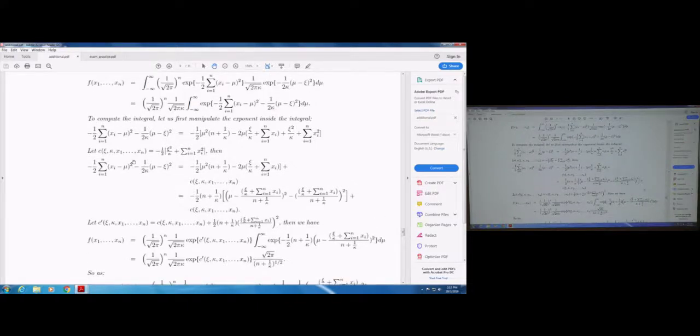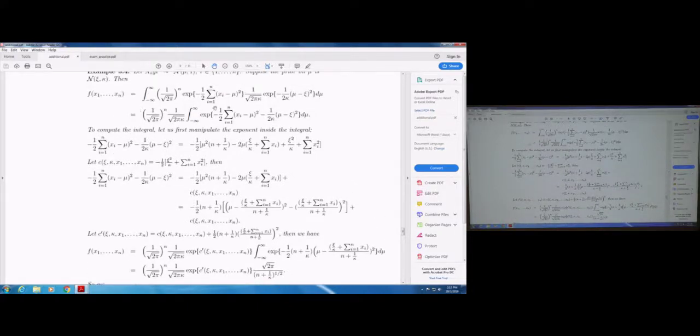That's what we're trying to do. So basically we look at what's in the exponent, which is this. Okay, you can multiply out the brackets. It's not very difficult, and if you do, you'll get something like mu squared n, that's going to come from this one, and 1 upon kappa, which is going to come from this one, minus 2 mu, and you get this one, this is 1 over kappa from this one, and the sum of the xi's is from this one,